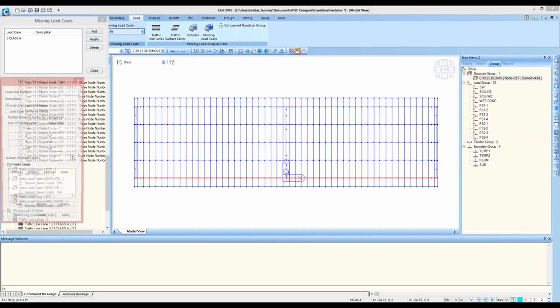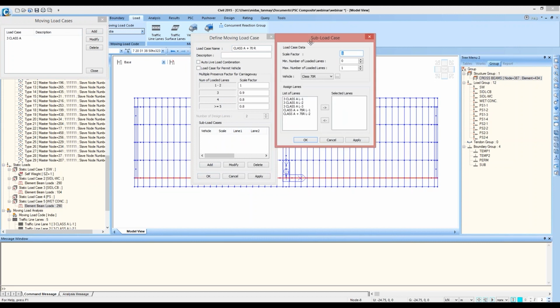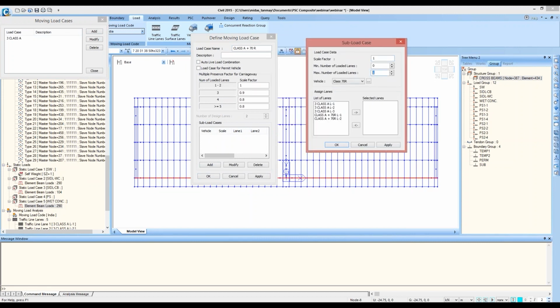We'll add one more load case that will be for class A plus 70R. Uncheck this option, click on add, and the maximum number of loaded lanes will be 2. So in this case, we'll first select class A, and in lane 1, we'll keep the class A vehicle and click on OK.